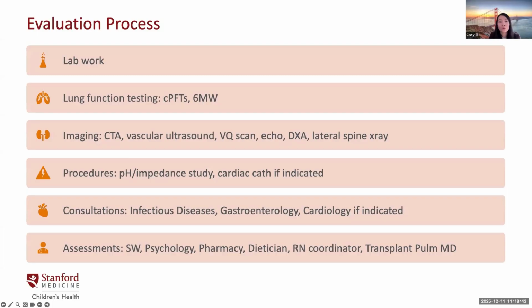Now that you've referred, what does that evaluation process look like? There is a lot of lab work, first and foremost. Most of this is mandated by UNOS and needs to occur. We like to have lung function testing in children who can undergo it, including comprehensive PFTs and a 6-minute walk. There's a whole host of different imaging modalities, procedures, including a pH impedance probe, and consultations with numerous other subspecialties,